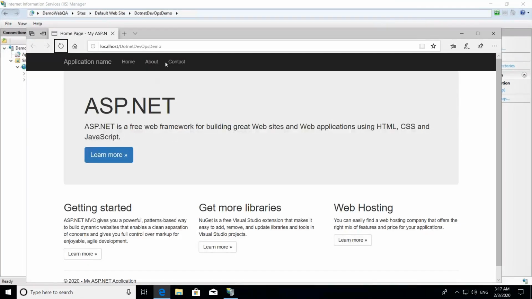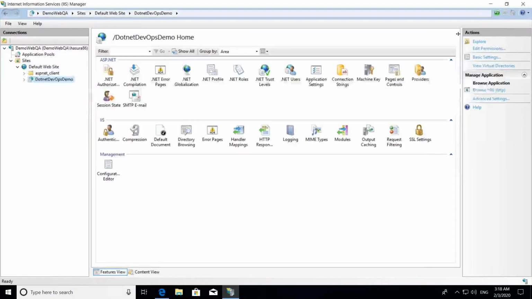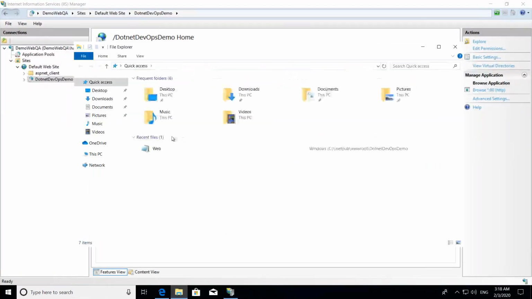We made a change in the contact, right? It's been deployed, but the status on the website is not changing. It is saying succeeded. I can see the "demo deployment group demo" text that I added to the latest release. So on the web QA, which is our old server, it's been updated. Okay, let's go back to our physical folder,